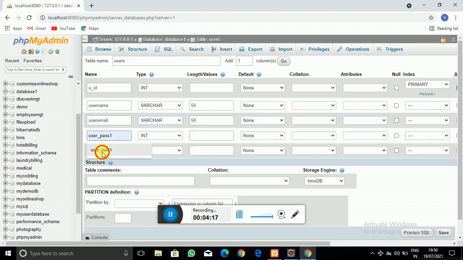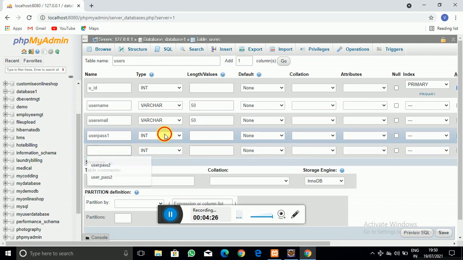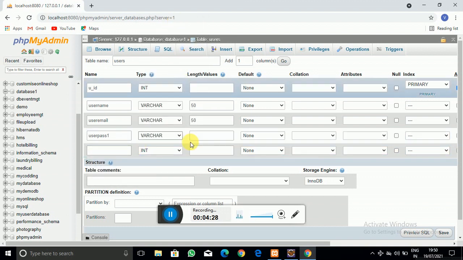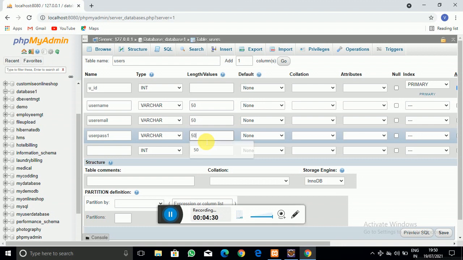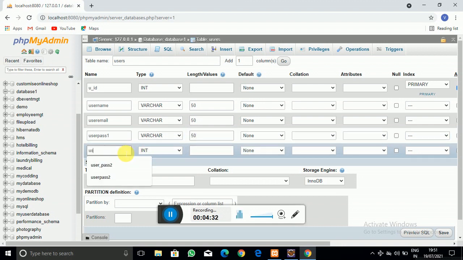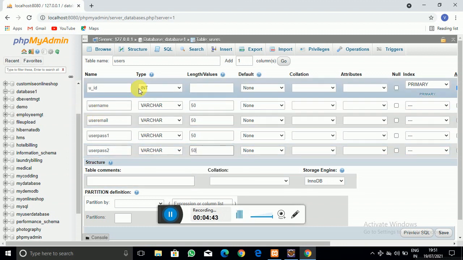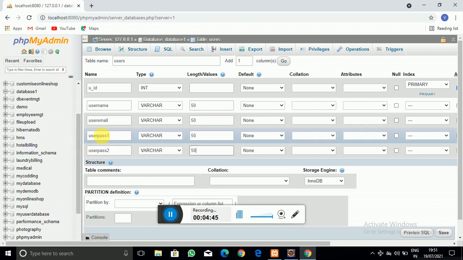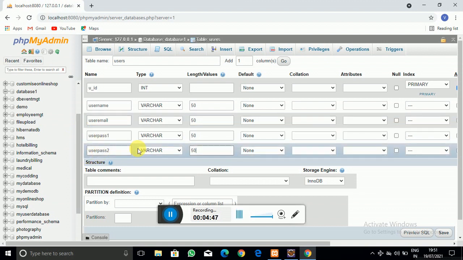Another one is the user password, password 1, which I am going to call user pass 1, the same here, varchar 50, and also user pass 2, which is also the same. So I have created the fields username, user email, user password 1 and user password 2.